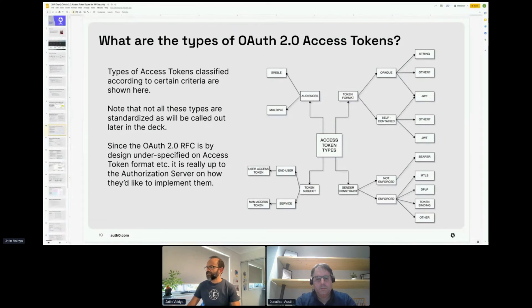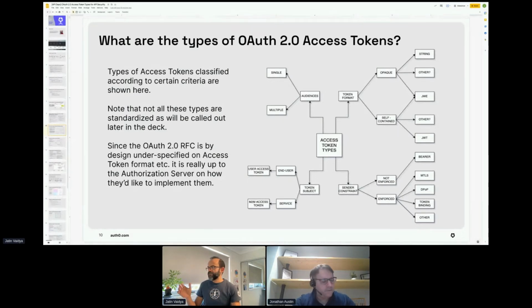So basically, there are two types here: where the sender constraint is not enforced, or enforced. The not enforced is actually the default one, which is a bearer token. A bearer token really is comparable to a currency note. You find a currency note, it doesn't matter who it belongs to. As long as you go to the shop with that currency note, you can easily buy groceries or whatever. Nobody is going to challenge you, like, show me your ID and all that.